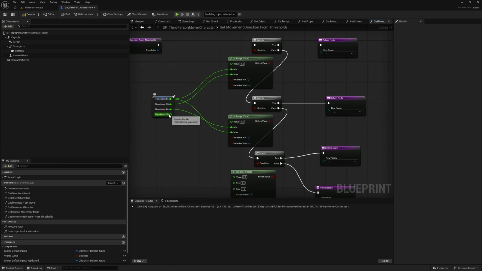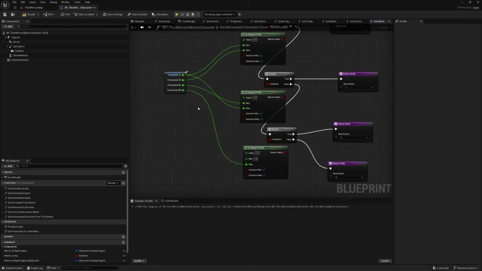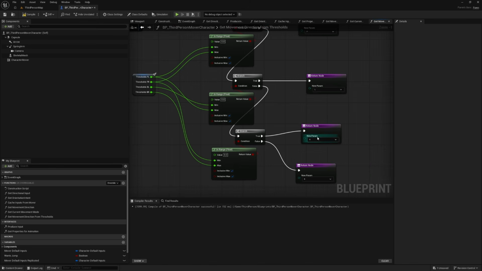This one, this will be max for backward right, and also this will be for right, left,